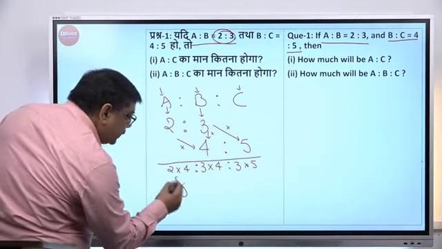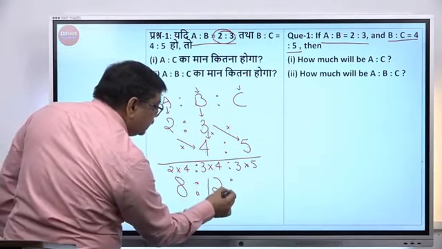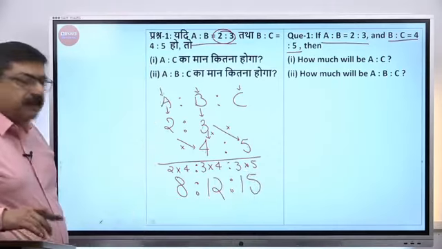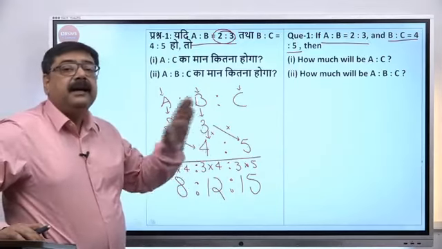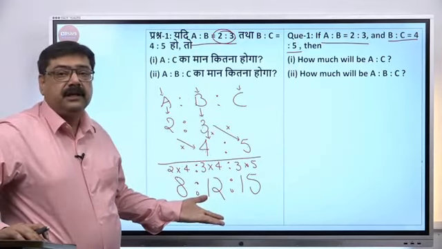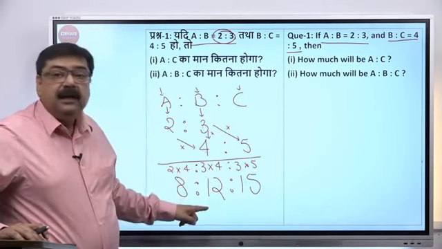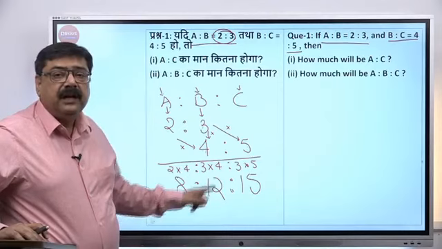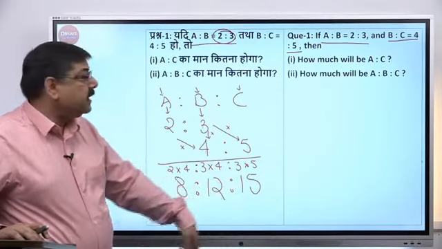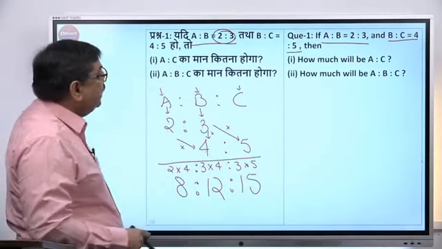So what you get here is 8, 2 into 4, 3 into 4 is 12, and 3 into 5 is 15. अब आप देख सकते हैं 8 सही 12, 8 is to 12. What is it? 4 2s are 8, 4 3s are 12, 2 is to 3. 12 is to 15, 12 सही 15. कितना आया यहां पर? 3 4s are 12 and 3 5s are 15. 3 चौके 12, 3 पंजे 15. 4 is to 5, 4 सही 5 दिया हुआ है यहां पर, देखिए, ठीक।